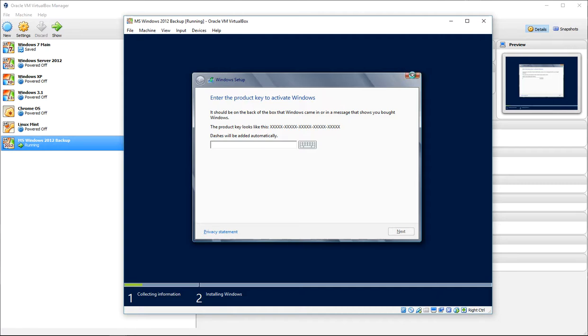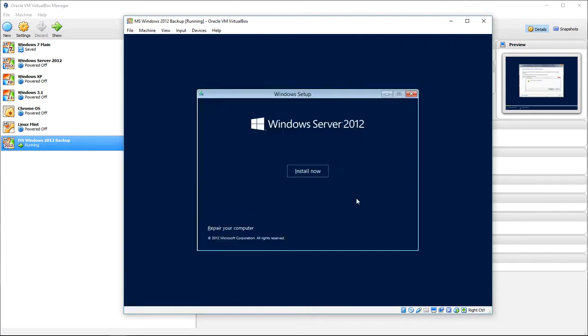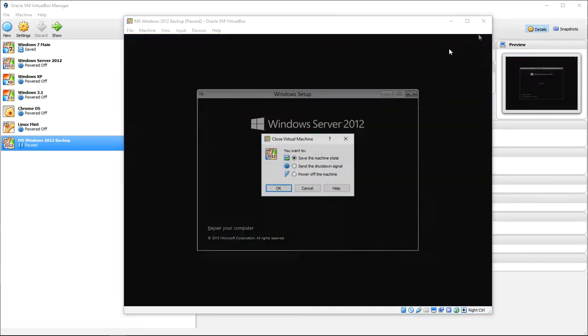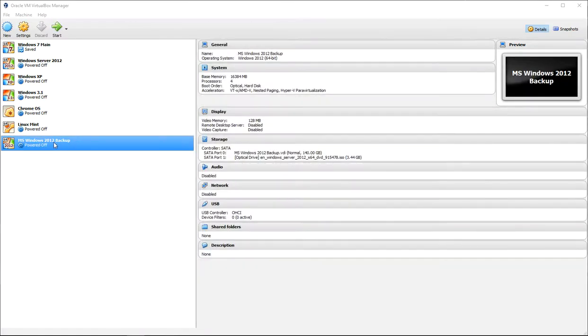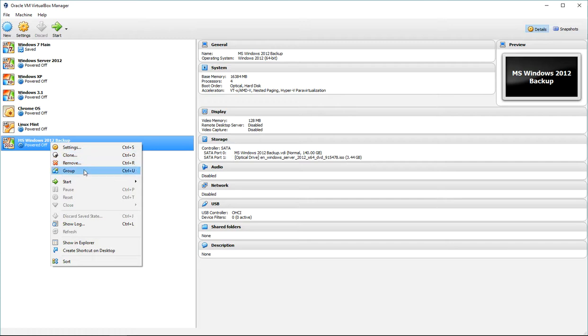And the one thing I'm going to show you here, let me quit this, and I'm just going to power off this machine because I'm going to delete it, because this is just for the video. And I'm going to tell it to remove. When you go to remove something, you can clone a machine, and cloning does take a little bit of time because, depending on the size of your VDI file, it may take a while. My Windows 7 machine takes me about 20 minutes to copy, and that's on an SSD drive on a Windows machine with 32 gig of RAM. So it does take a little bit of time, even in that case, to copy.